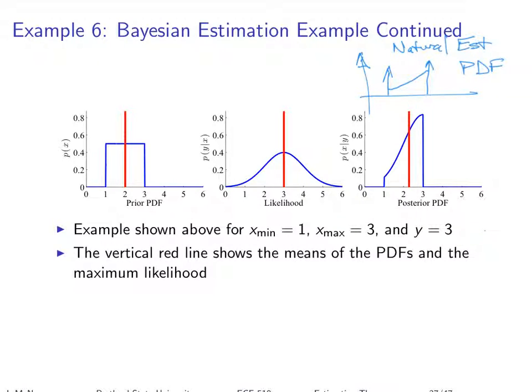But the Bayesian estimator is the mean of this posterior probability, and it looks different. It's actually unlikely that you would get an estimate of 3, or that you would get an estimate of 1 in this case. It doesn't have these impulse functions, but that's what the posterior looks like, and the mean is right in between the 3 and the 2 that were in the prior and in the likelihood.